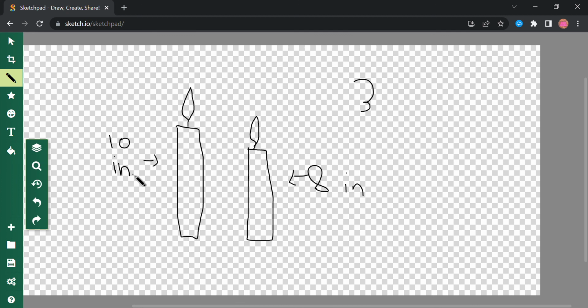Let's say, I don't know, maybe an inch an hour. That sound good? Let's go with that. Inch an hour. How long would it take for the 8 inches to be half of 10? Well, the answer is 6 hours,